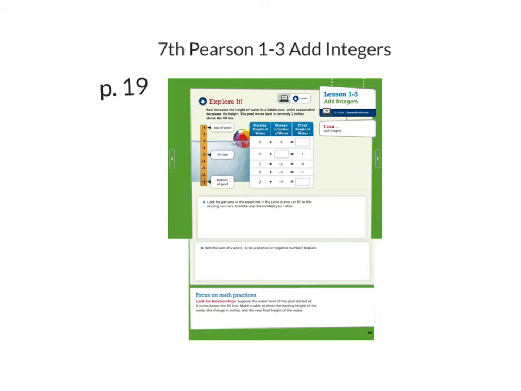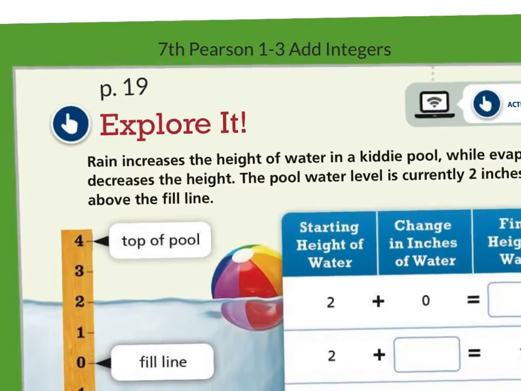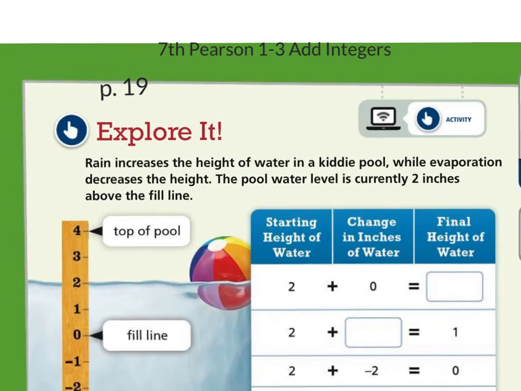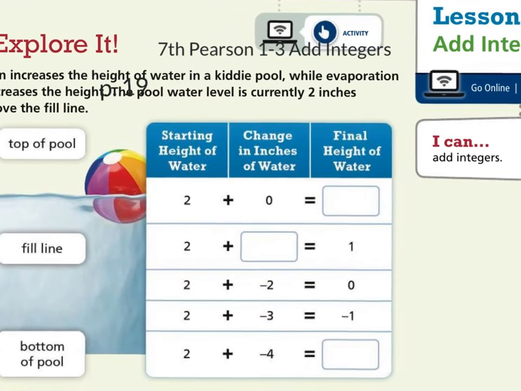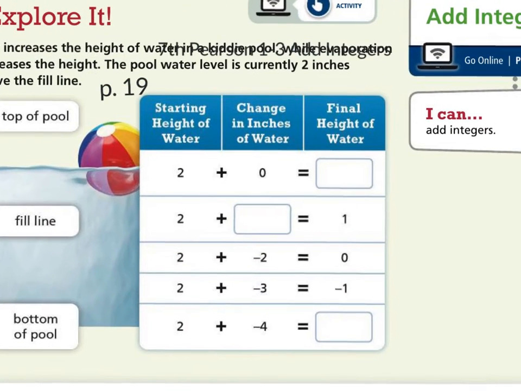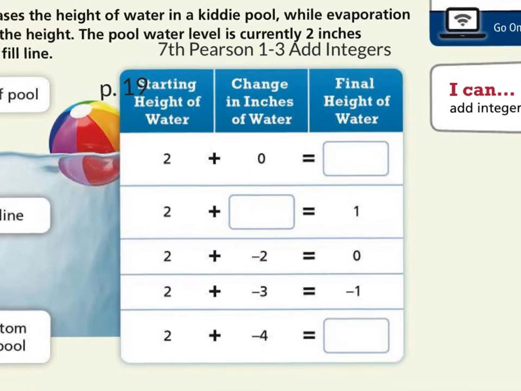Page 19, lesson 1-3 is on adding integers. Rain increases the height of the water in a kiddie pool while evaporation decreases the height. The pool water level is currently 2 inches above the fill line. So if you look at this table, they're giving us part of these equations and we've got to fill in